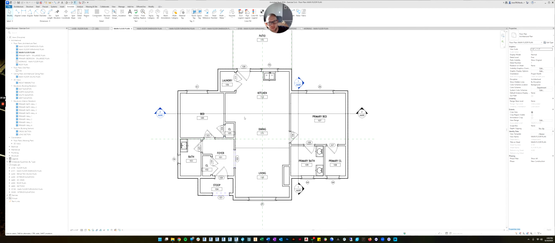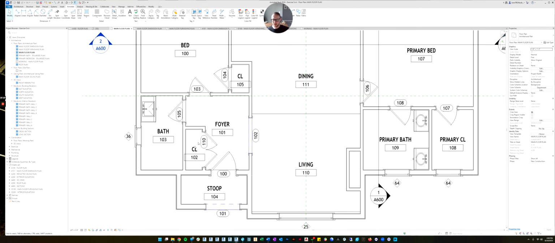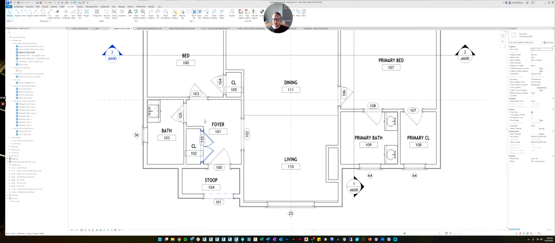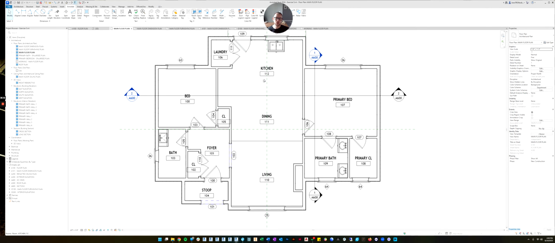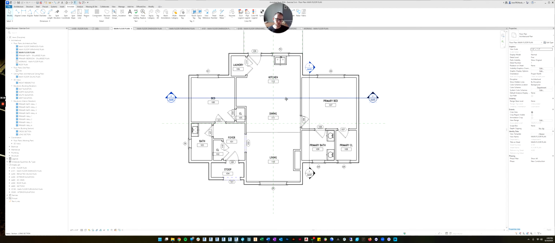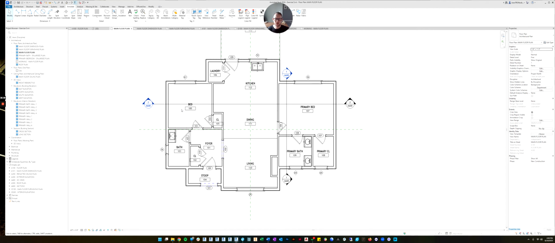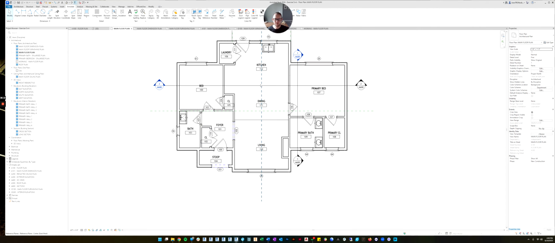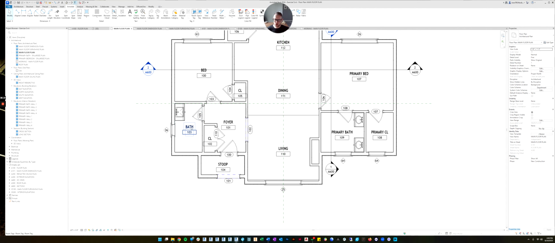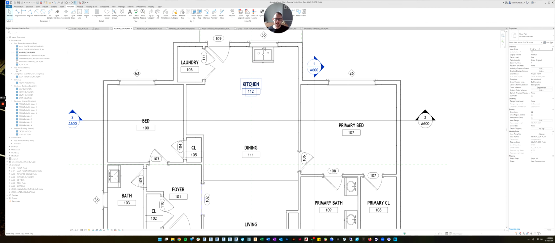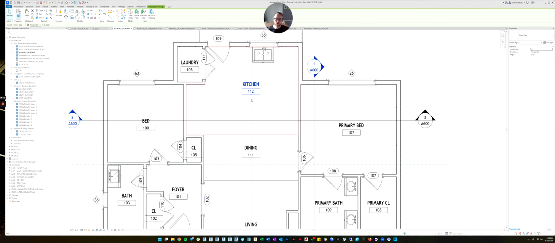So the other thing I'm noticing that I hate is these room numbers. On a commercial job, you always have the room number showing. But on a residential property, there's not so many rooms that you need them to be numbered. You can rely on their name. So I'm going to shut these off. And it really depends on how well this tag was made. Again, it's a family. So whoever made the family is the one who controls what we can change about it.